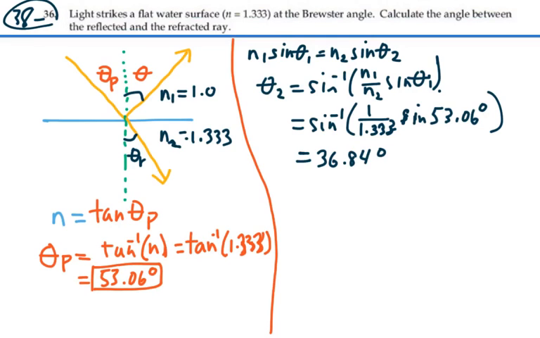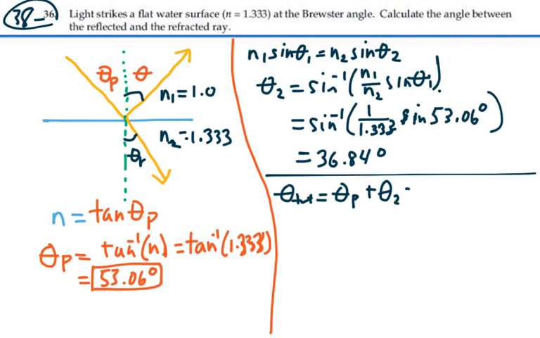If we were to add those two angles together, we would have our total angle there, which is our theta reflected, which is the Brewster angle, plus our theta 2 here, which would be 53.06 plus 36.84, and that's equal to exactly 90 degrees. So those two angles are 90, leaving us with a supplementary 180 total,